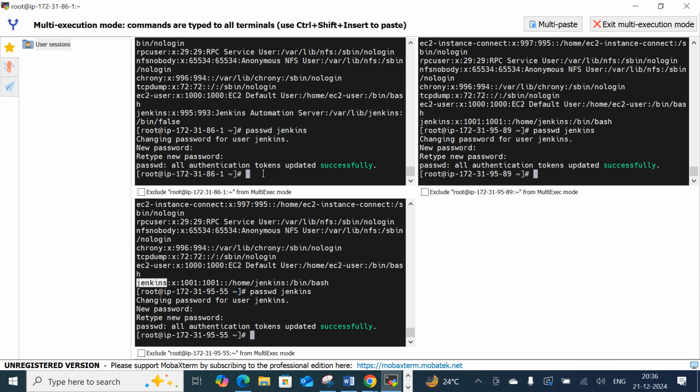What I need to do? I need to create some permissions like a root user. How the root user will be able to perform each and every task, in the similar way, I am going to make the Jenkins user also capable of doing the tasks. So that's how I will provide the permissions. In order to do the same, just open